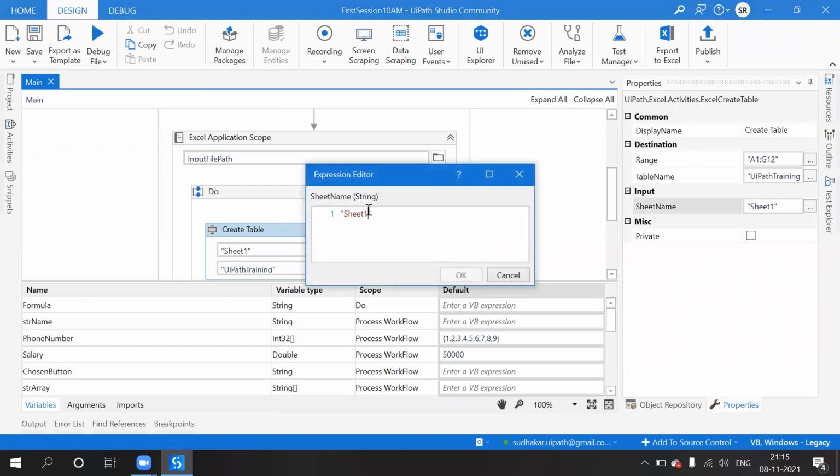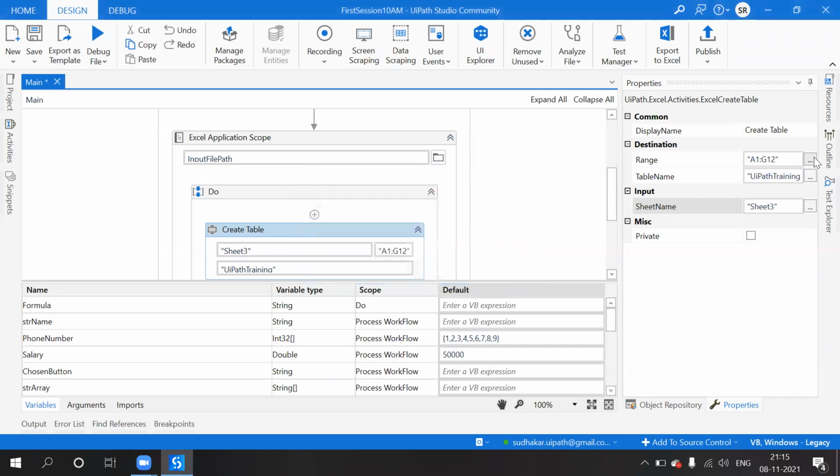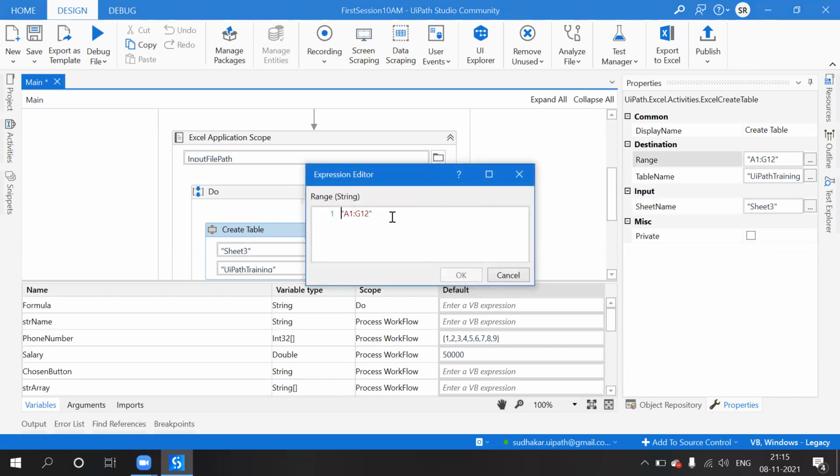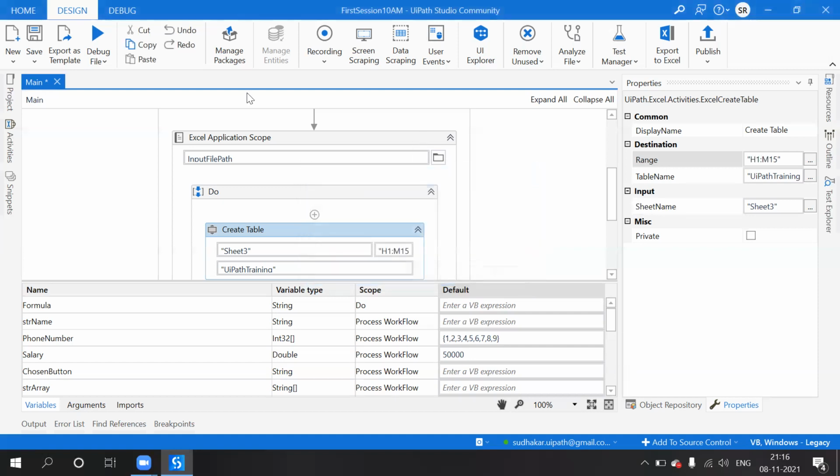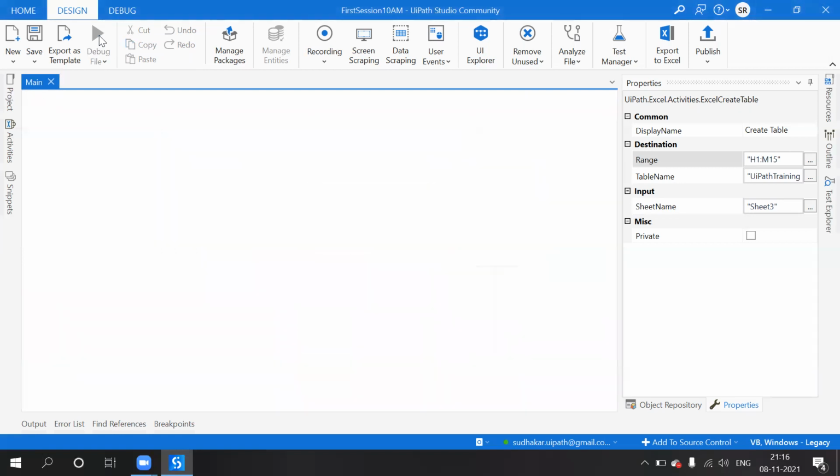Because see here, why we are providing the range. So sheet 3. For example, where the data is available, ABC range, right? So A B C D F G. Okay. So I give H1 to A B C D F G H I J K L M 15. And I will show the